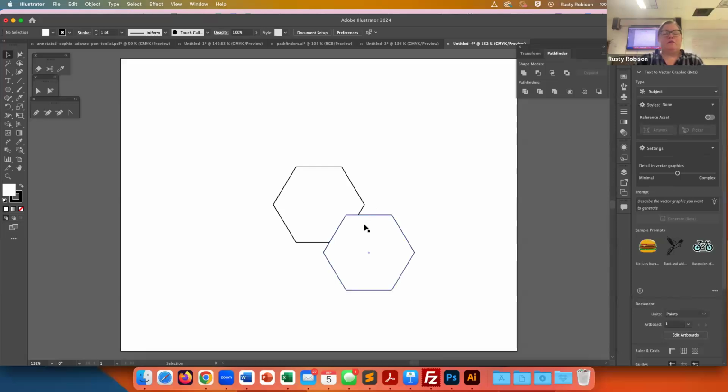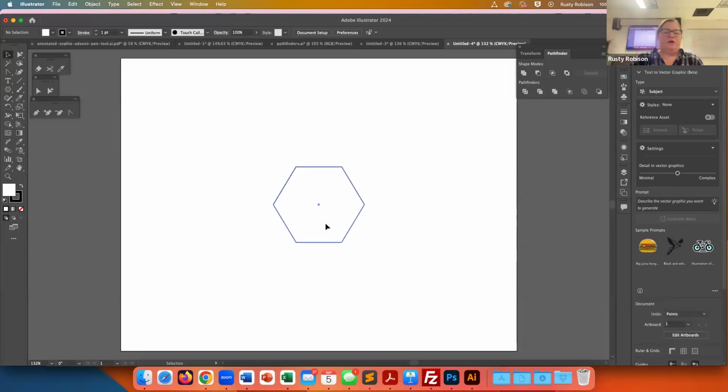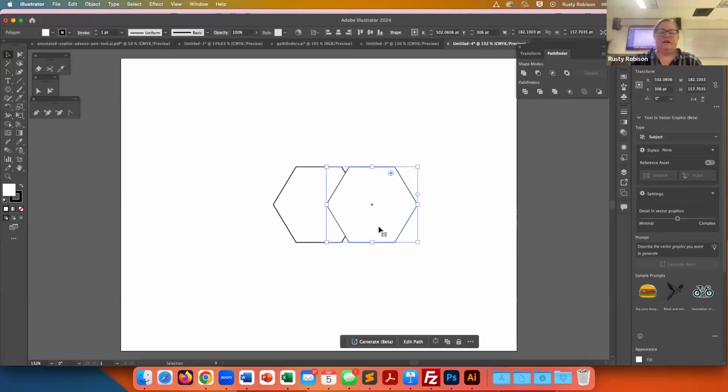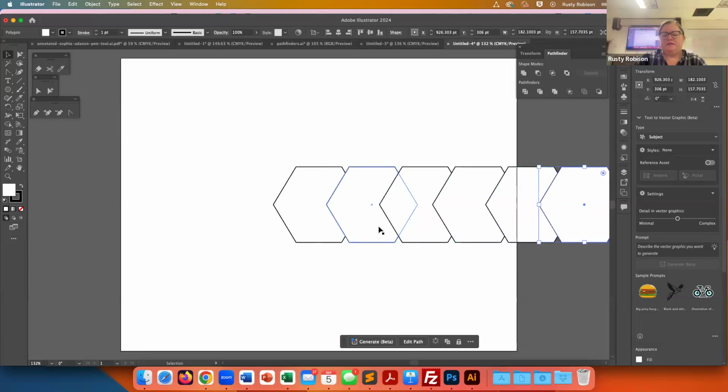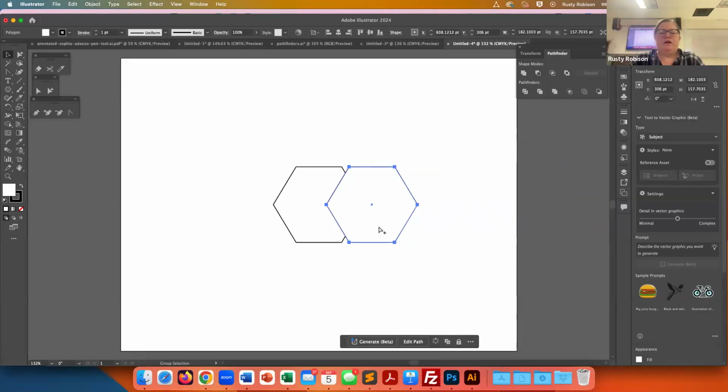I guess that only works when you click and drag and hold down Option, you can create a duplicate. And then if you hit D, it creates more duplicates. It's the copy with